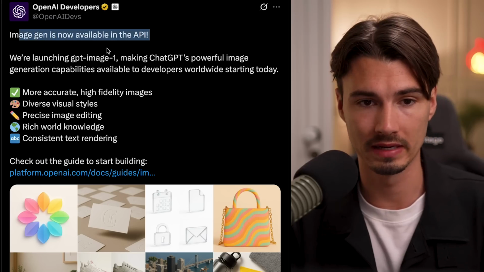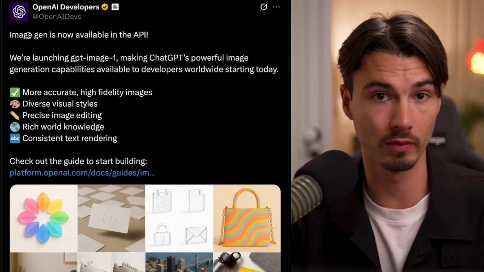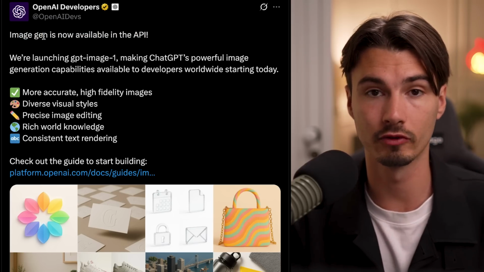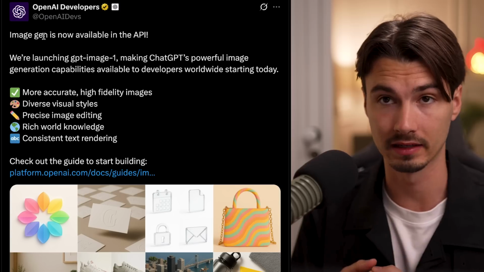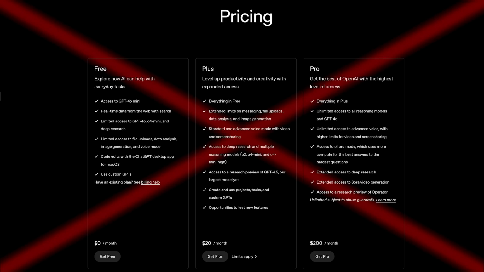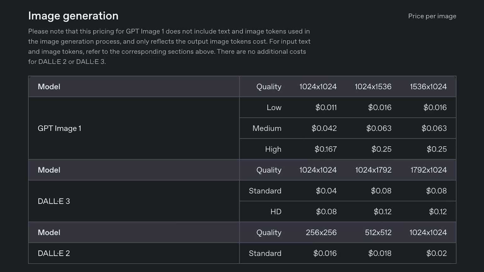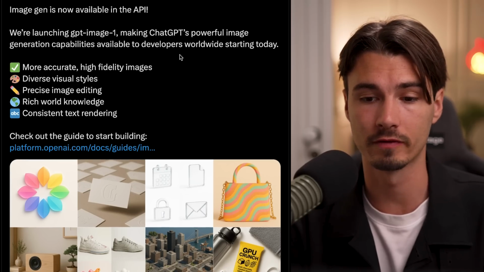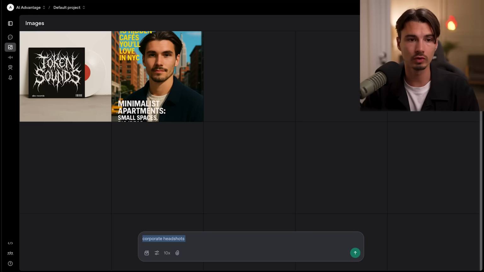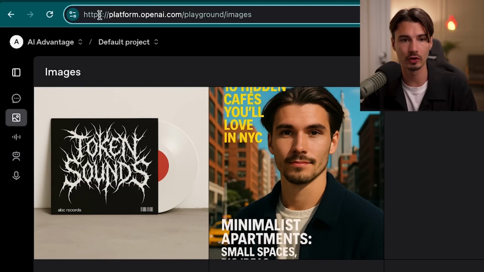So this is what I'm talking about. The image generation that you know and probably love from ChatGPT is now available through the API, which means you can call it programmatically. Now, this is not subscription-based like ChatGPT, but usage-based. So you pay per picture, some of them costing 25 cents per image. So it's not cheap, but powerful. And there's actually a fantastic way to use this, even if you're a non-dev, okay? So what you want to do is you want to head on over to